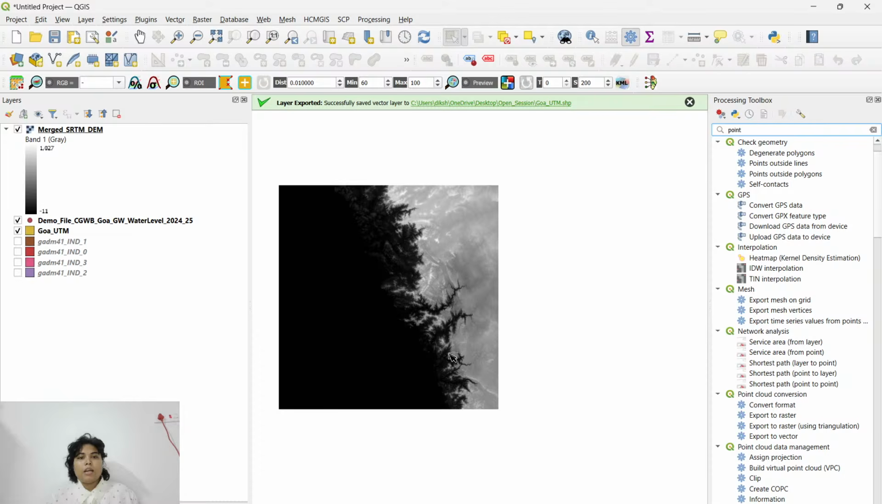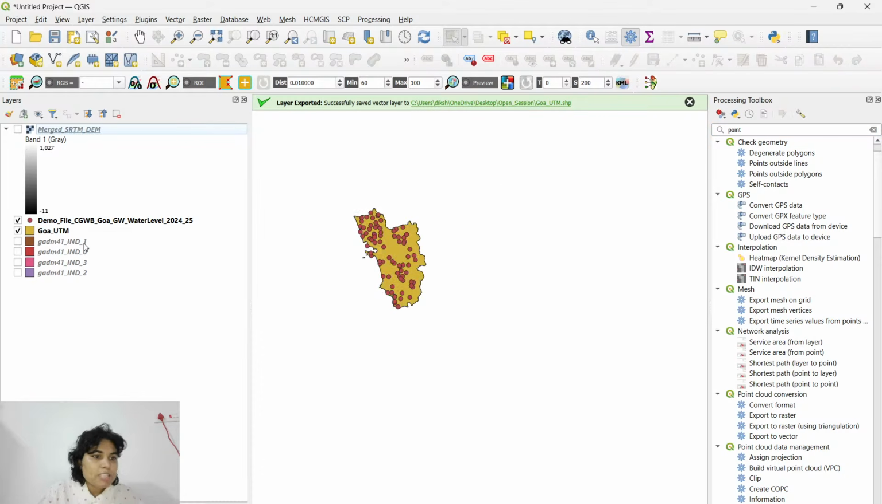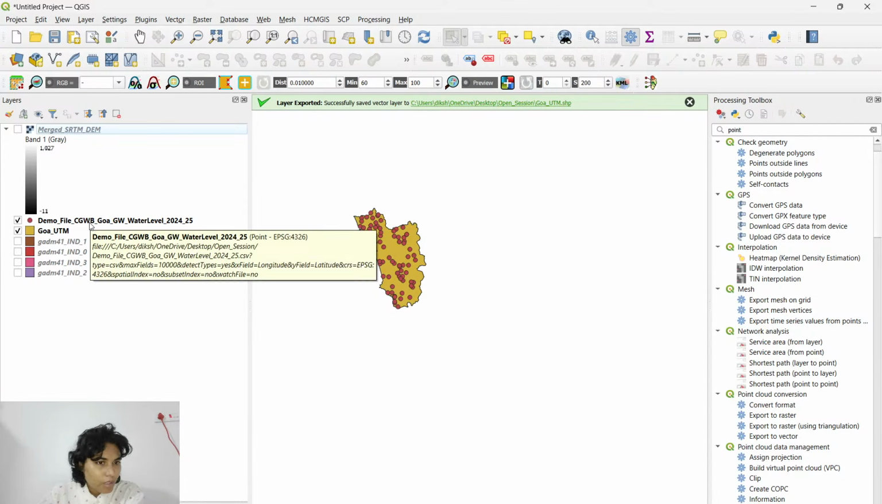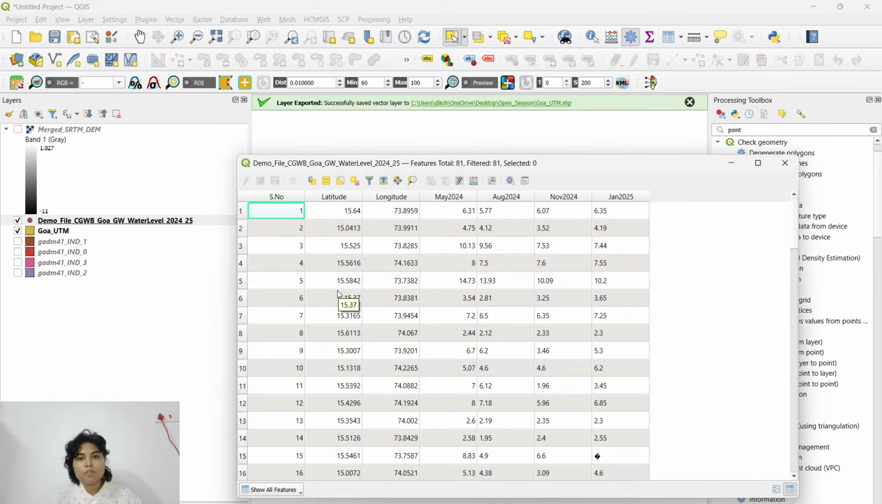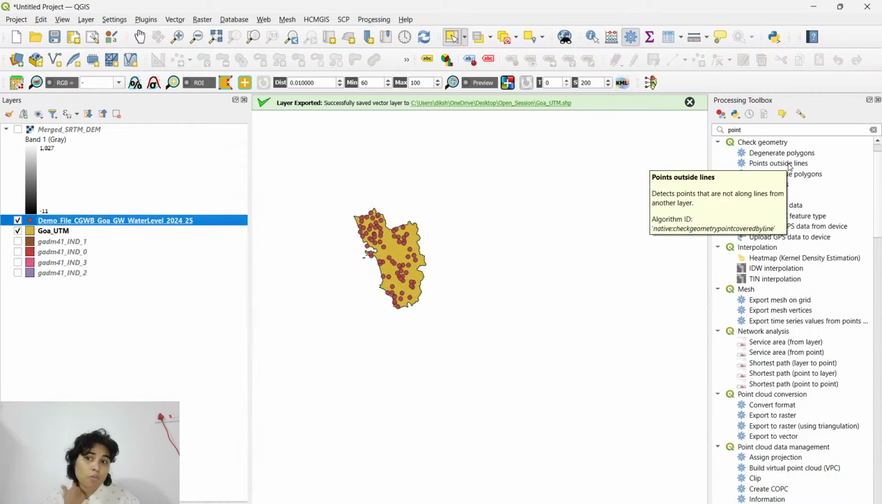Now, I want you to go back to this particular demo file, that is CGWB demo file. Okay. I want you to go here. Now, what exactly is this? If I go to the attribute table of this, you will see groundwater depth, that is depth to groundwater. But what we do not have is the elevation of groundwater. Correct? That is what we want to extract. So what will I do? I will go for